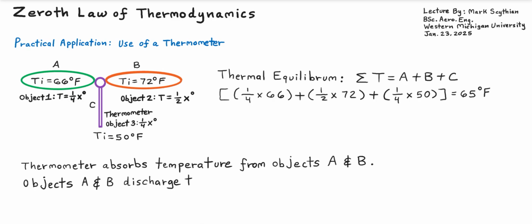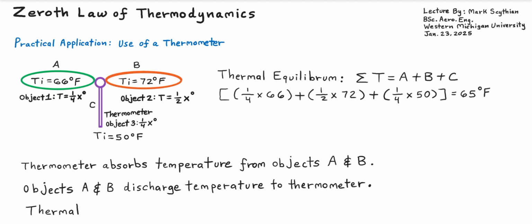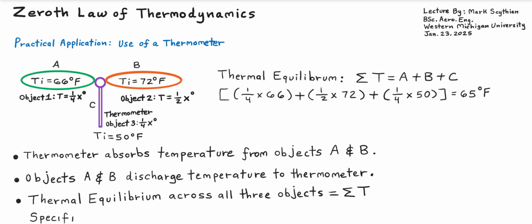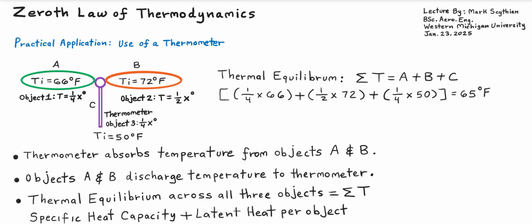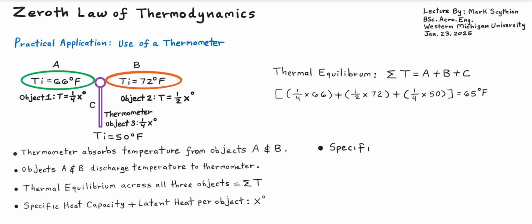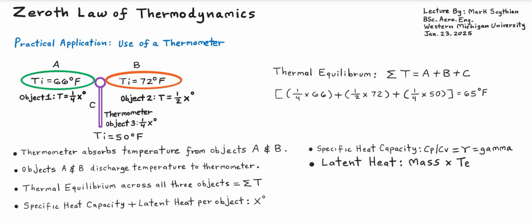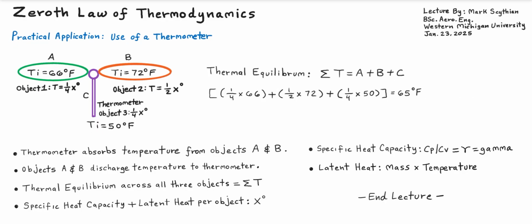So all this law says is that thermal equilibrium will be reached when two or more objects reach contact with each other. They will just transfer and receive an equilibrium temperature that